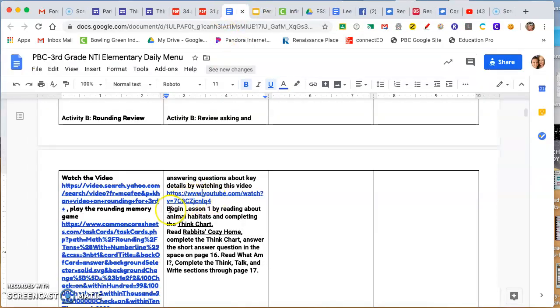And then it says begin lesson 1 by reading about animal habitats, completing the think chart, read Rabbit's Cozy Home. So you're working all the way through page 17. Now, if you look at the